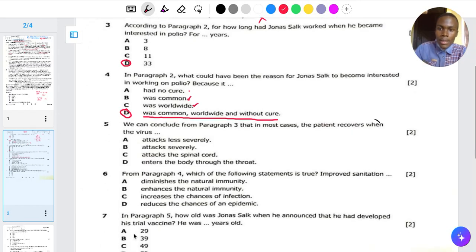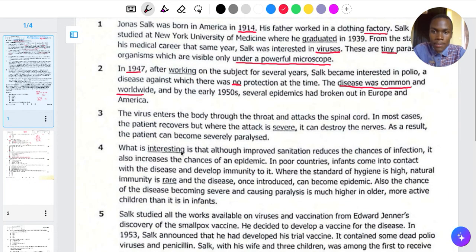Right. Then for question 5, it is saying, we can conclude from paragraph 3 that in most cases, the patient recovers when the virus... So remember the question is saying, the patient recovers when the virus, so we can go to paragraph 3 and then extract the answer. According to paragraph 3, the virus enters the body through the throat and attacks the spinal cord. In most cases, now listen here, in most cases the patient recovers, but